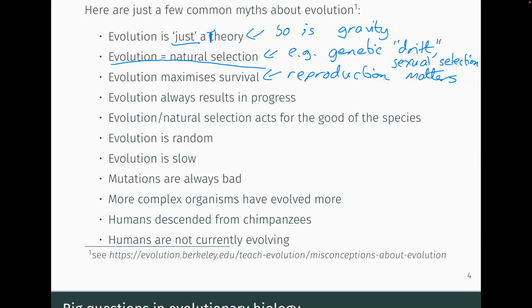Which of those two is better? Well, it depends on the scenario. Okay, and that's one of the kind of things that we can do with modeling. We can try to understand when do we expect, say, organisms to invest in their longevity, or when do we expect them to invest in reproduction?